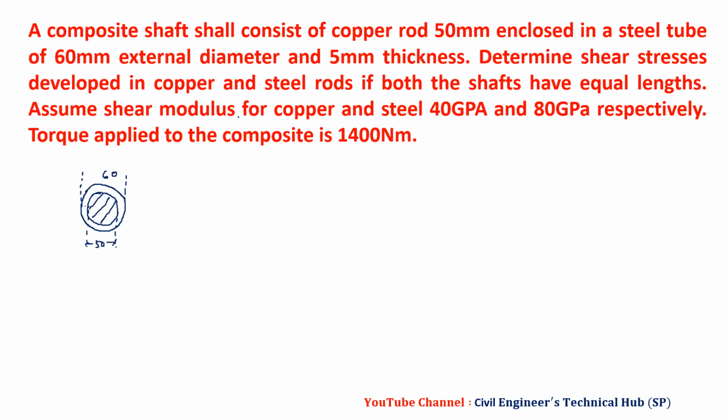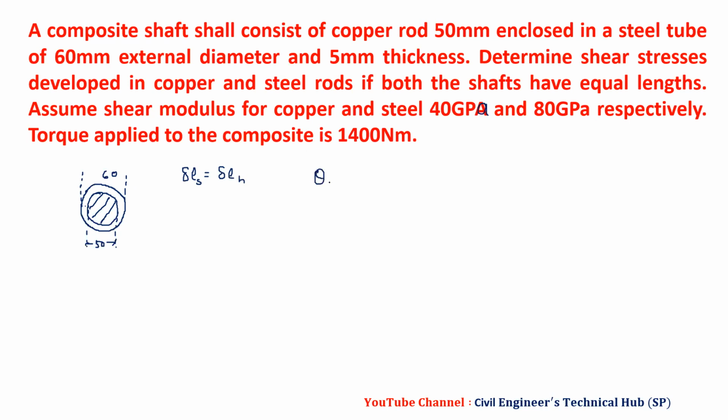Determine the shear stresses developed in the copper and steel if both the shafts have equal length. L is the same. Shear modulus for copper and steel is given in GPa respectively, and the torque applied is 1400. So we have these shafts enclosed, a composite shaft. If you remember unit number 1, for composites we use the compatibility equation, where deformation is the same: delta solid is equal to delta hollow. In the same fashion here,